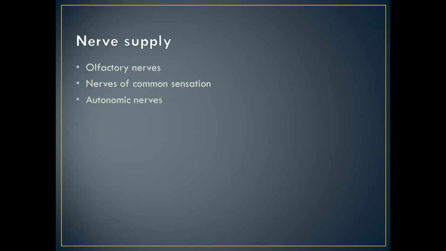नर्व सप्लाई जो होती है नजल कैविटी की, वो भी तीन तरह की होती है। एक तो ऑल्फैक्टरी नर्व्स होती हैं जो कि सेंस ऑफ स्मेल को डिटेक्ट करती हैं। दूसरी नर्व्स ऑफ कॉमन सेंसेशन जो कि टच वगैरह या पेन को डिटेक्ट करती हैं। तीसरा ऑटोनोमिक नर्व्स होती हैं जो एक्चुअली सीक्रेशंस को कंट्रोल करती हैं, जो नजल कैविटी में सीक्रेशंस बढ़नी है कम होनी है। पैरासिम्पैथेटिक सिस्टम अगर एक्टिवेट होता है तो वो सीक्रेशंस को बढ़ा देता है, अगर सिंपैथेटिक सिस्टम एक्टिवेट होता है तो वो सीक्रेशंस को कम कर देता है।